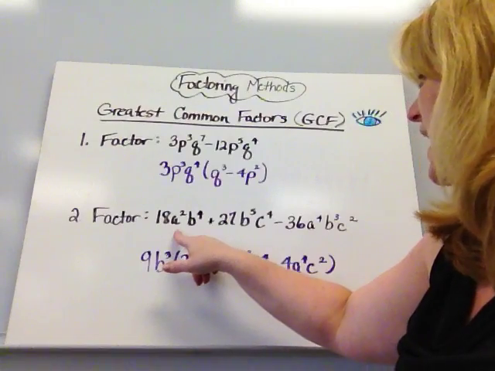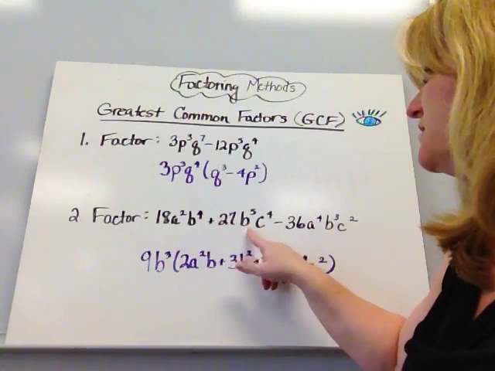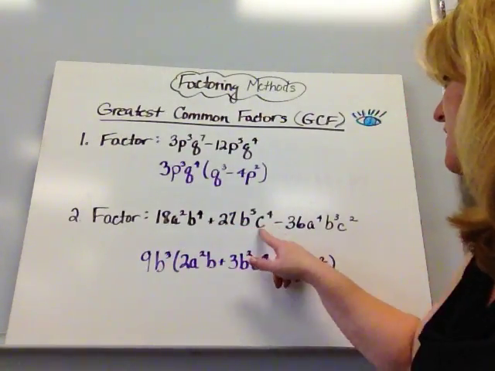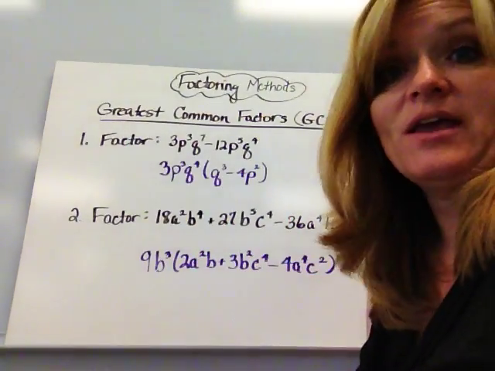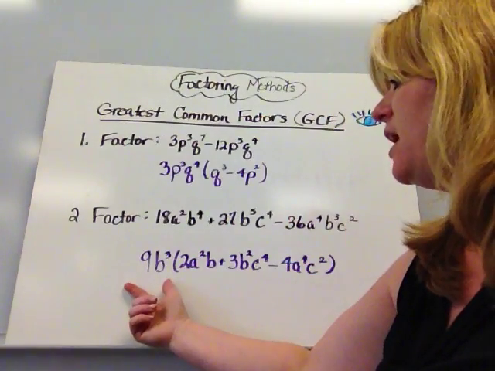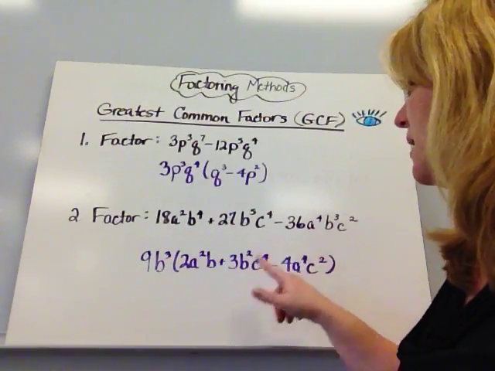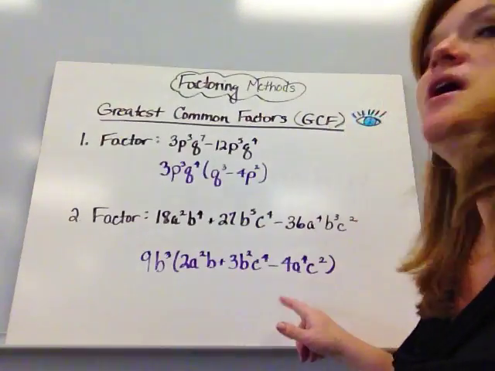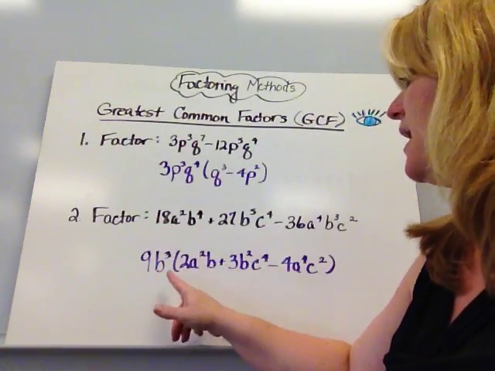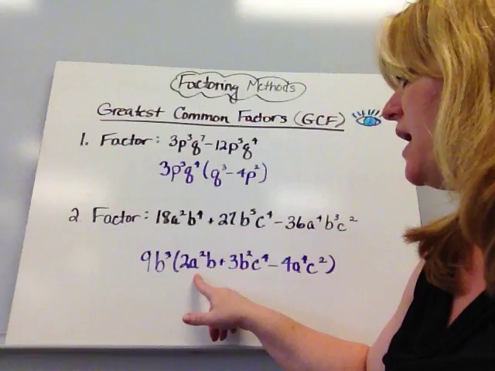I really couldn't take an a squared out of anything because this term didn't have it, and I could take a c out of both of these but not this, so I can't take that out. So I'm going to take that out right here. Make your parentheses big, and I notice I'm going to have three terms. I'm going to have three terms in my parentheses. So when I factor this out, I end up with a 2a squared b